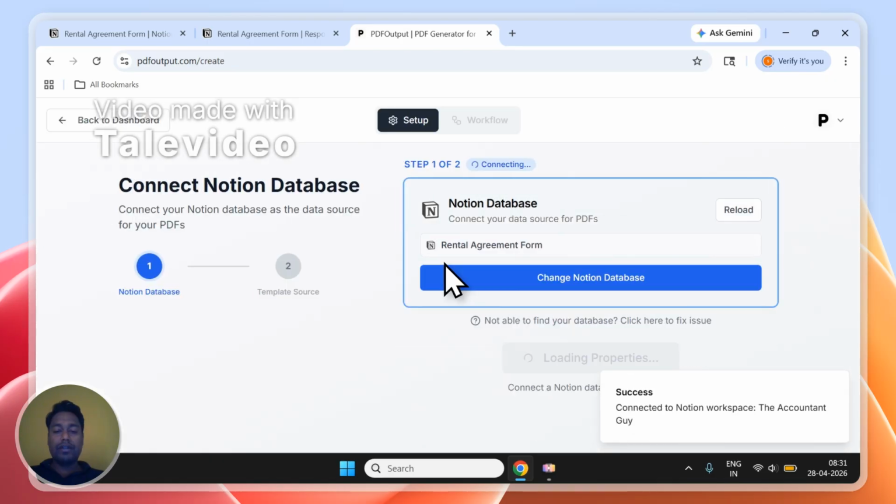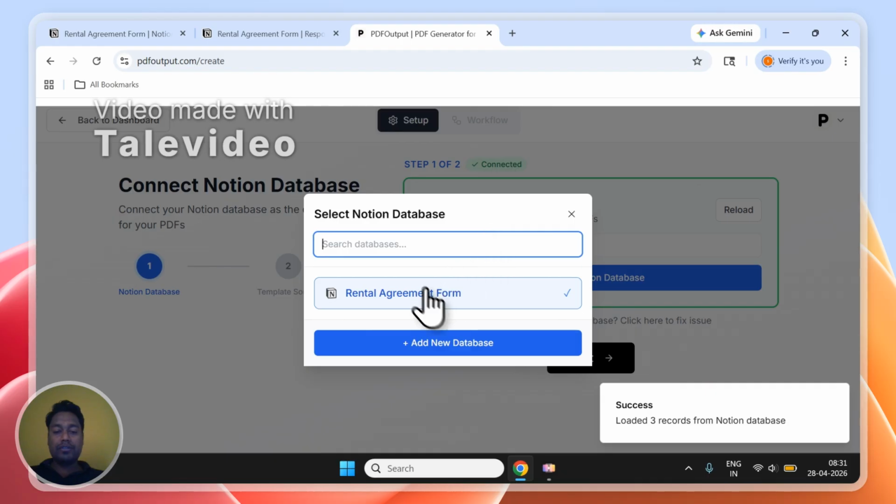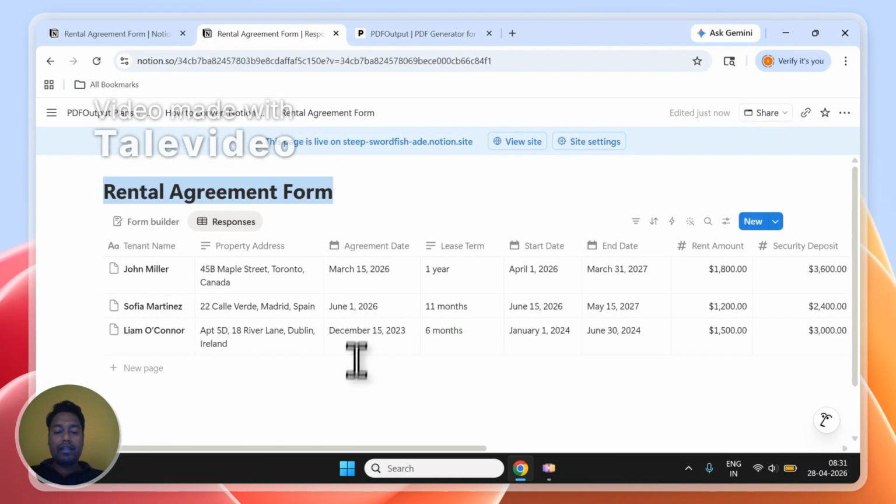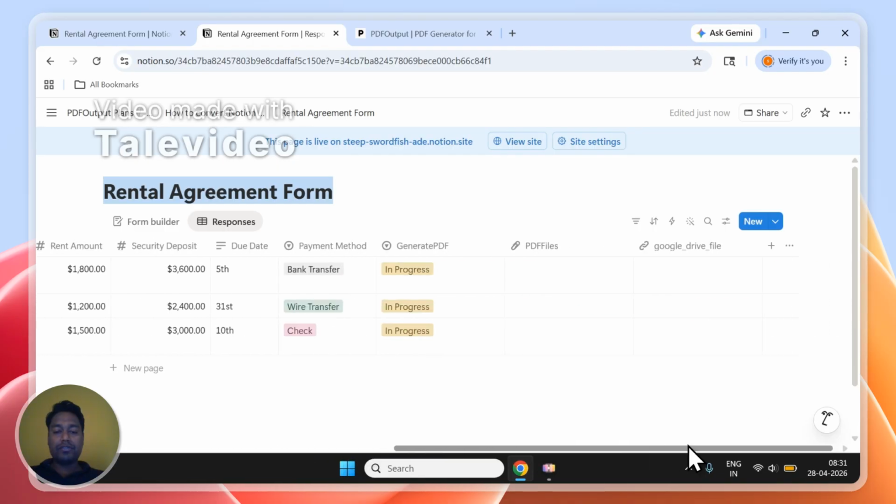So it is currently loading up that particular thing. You can see the rental agreement form is already showing up. If I click on this, I should be able to see the rental agreement form that is getting loaded up over here. And an interesting thing to note is that if you scroll to the right side,